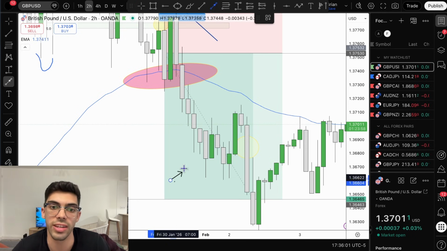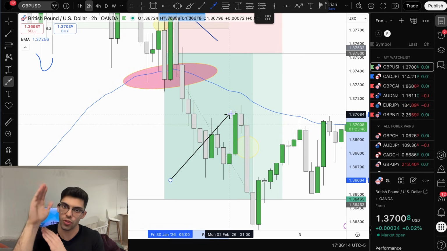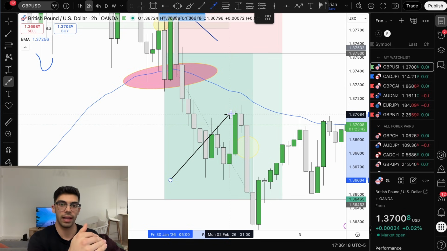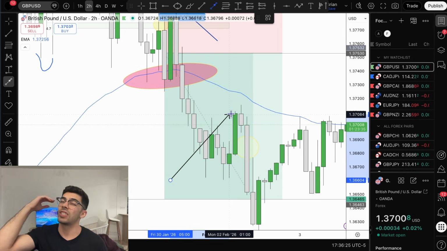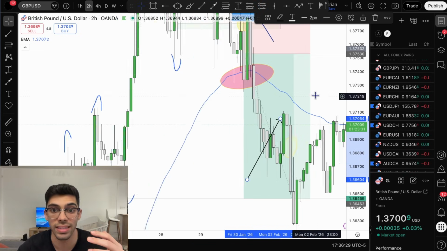Of course, the market is going to pull back. This is normal. Don't get scared just because the market pulls back. That's going to happen. What, you think the market is always going to go straight down? No. It might do that for the first initial leg of the movement, but it's likely going to pull back and then continue in your direction, especially if you caught the move at the beginning of a trend,